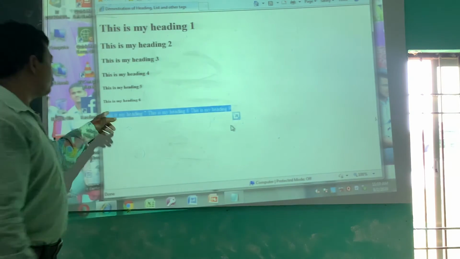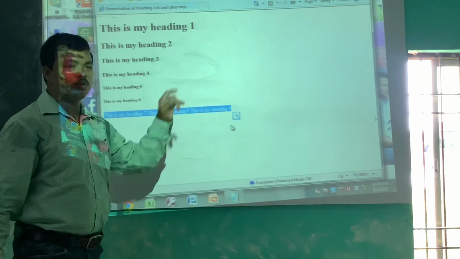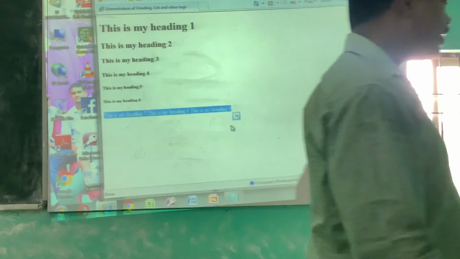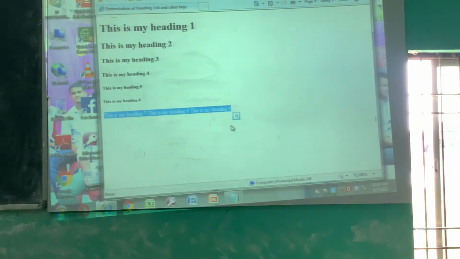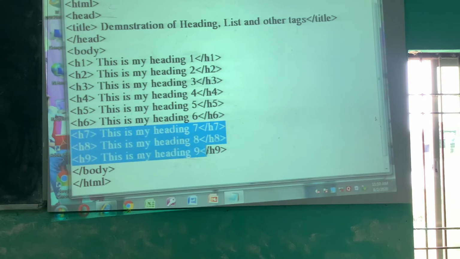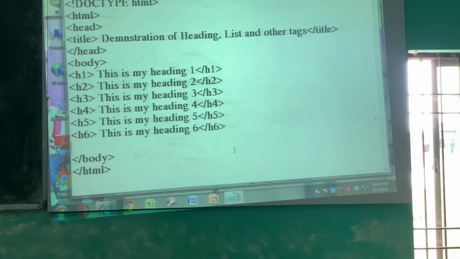So the output is condensed into a single line by your browser. So it is clear that 6 types of headings are available in HTML. I am just removing these 3 headings which are not appropriate at all.